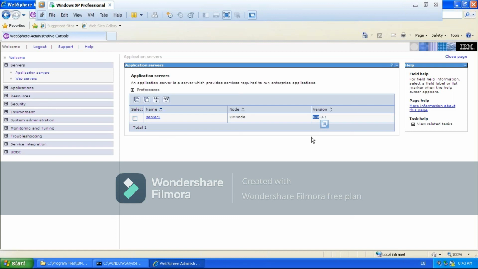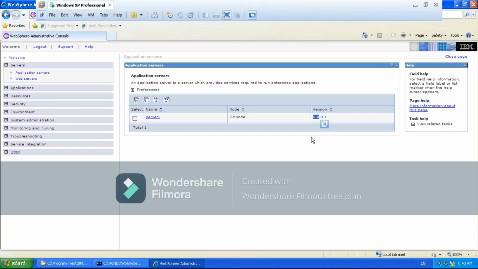And here in the servers you see, right, where it was running. It was running in only server1. We have only server1, right? That's why it was showing running in server1. If the setup is ND, you will see all available servers. If you want, you can map them. If you configure a web server, you will see the web server here. But we have not configured a web server, right? If you configure any web server, you will get the web server here.